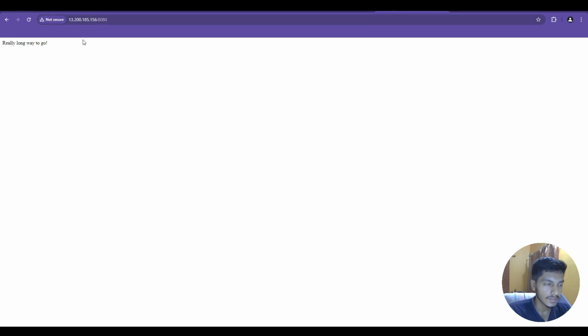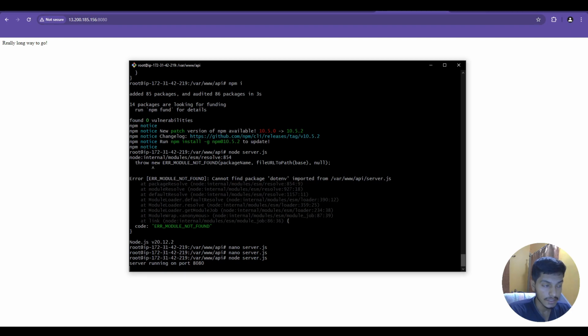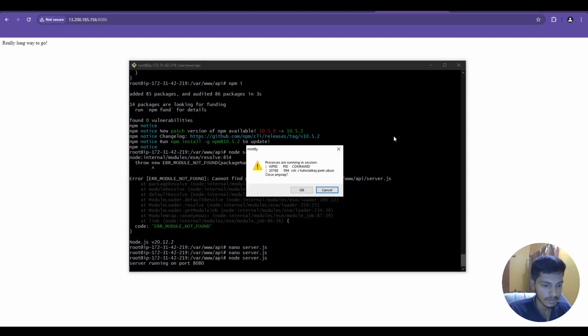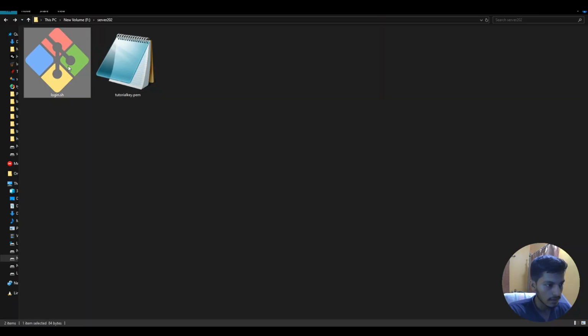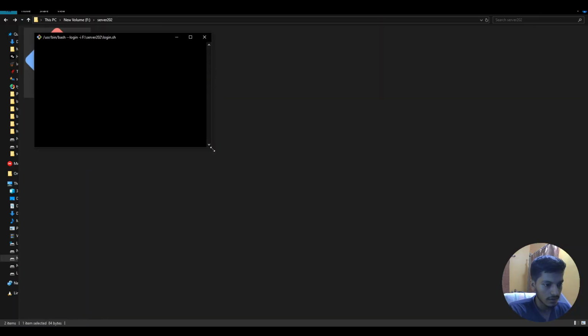Our Node.js server is running on port 8080 on this IP, but there is a high chance that this session is not persistent. As soon as we log out from the shell terminal, this session might fall down. For that, we need something persistent, and here comes PM2. Let me close this. We might have lost access to this. Let's restart this again. Login shell